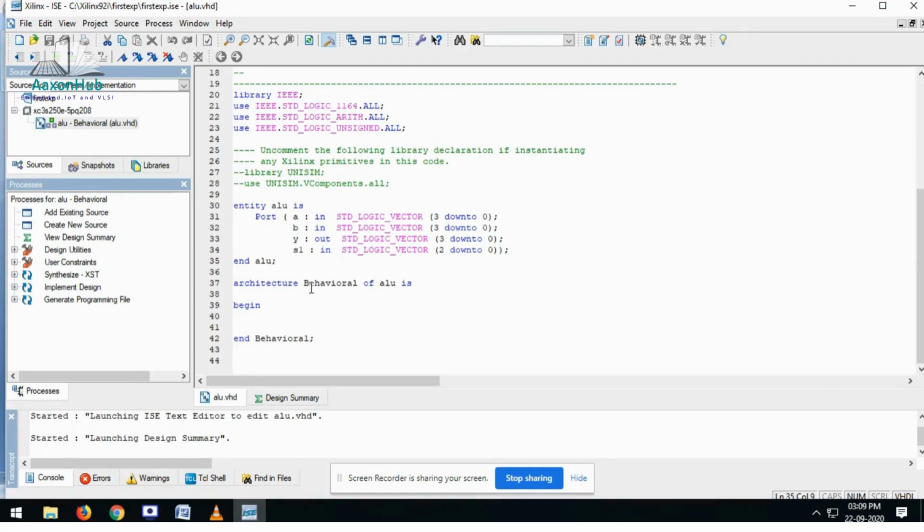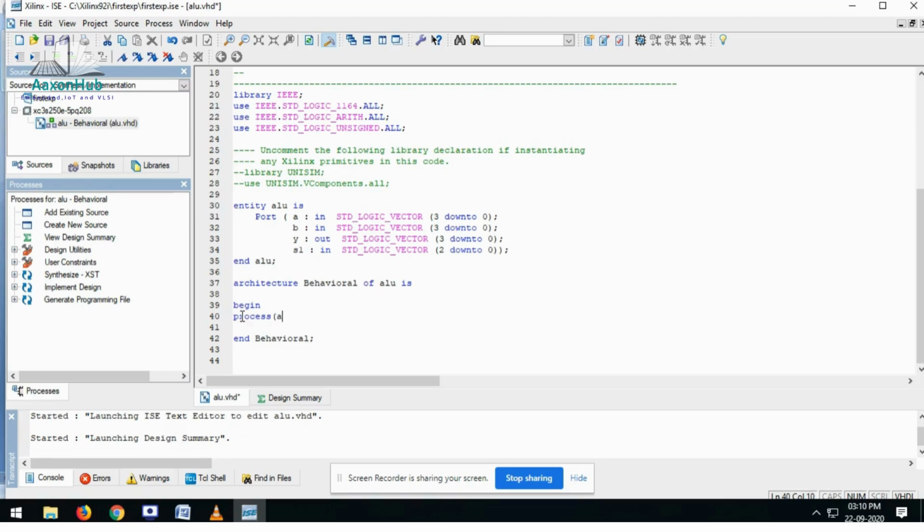Now here in this architecture for the ALU, in terms of behavioral pattern, you have to write the code for the ALU. So in writing the code, there will be a process. The process needs a sensitivity list that you have to pass on.